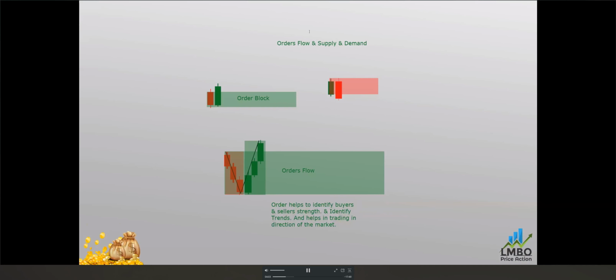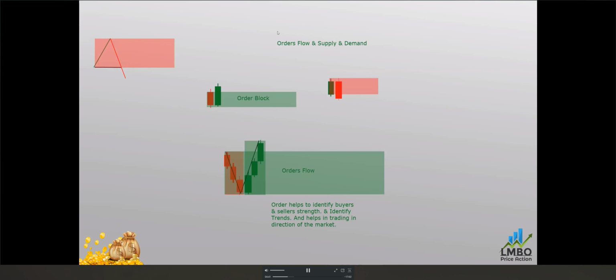Now, for example, if we are unable to understand which trend is going on, order flow gives us an idea of which trend is there. For example, there is a buyer's wave. This is a wave of the buyer. And if we see that the sellers control this wave, and the buyer wave is controlled by the seller from here, then this is a seller's flow. This is completely a seller's flow.